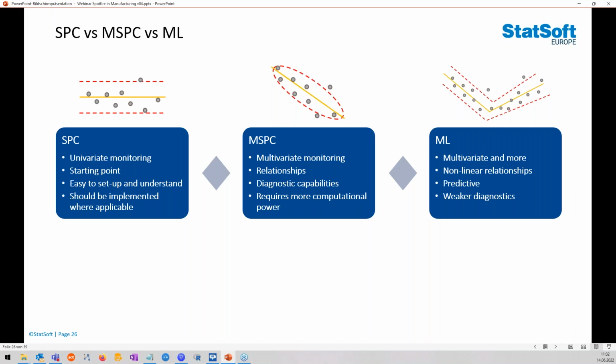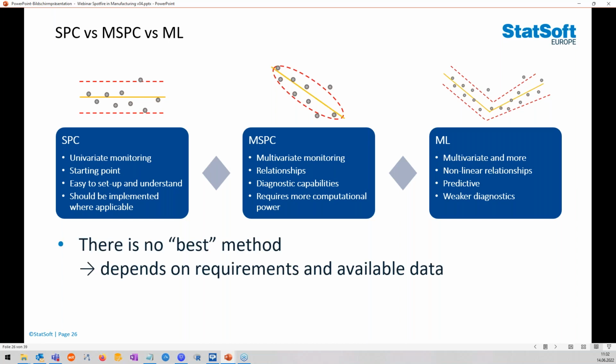And that's why I'm not presenting this here as one being better than the other. Every single one of these methods is excellent if you have the right scenario. So there is no best method here. It depends on your requirements, and it depends on the available data. Your requirements can be different things.